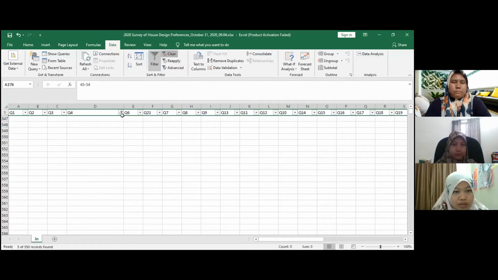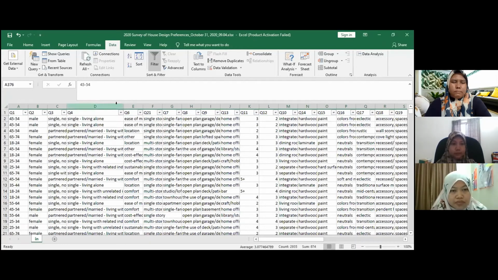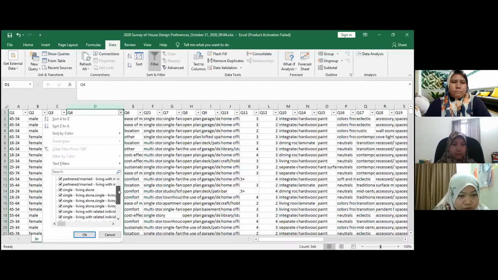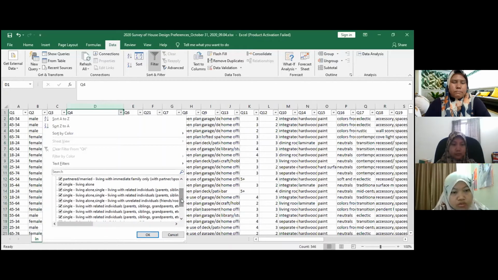So after that, okay. For column D, this is a multi-valued attribute. So we decide to split it into other columns.